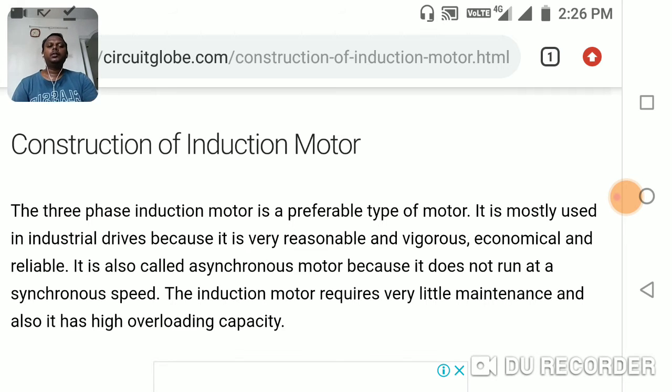It is also called the asynchronous motor because it does not run at a synchronous speed. As you know, the difference between synchronous motor and asynchronous motor, if you still have a doubt on the synchronous as well as asynchronous motor, we will do a video regarding these two things. Now, the induction motor requires very little maintenance and also it has high overloading capacity. Next thing,